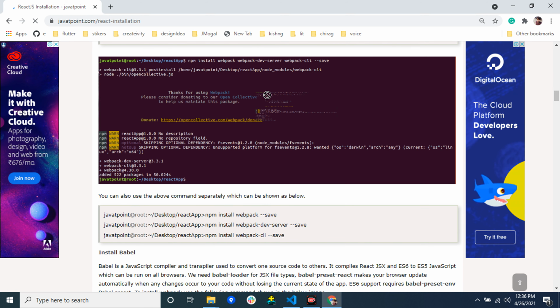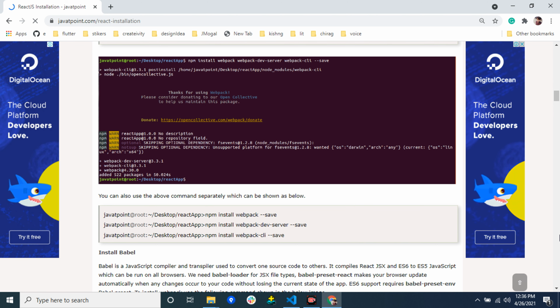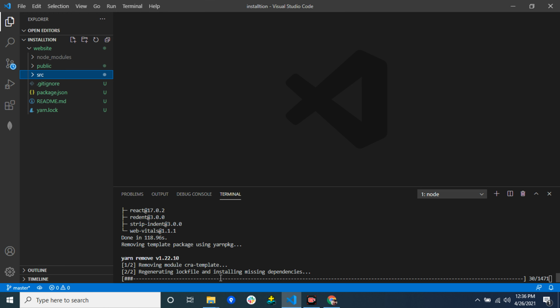This is npx create-react-app starting and some packages installing. Let's say the processing is under way.